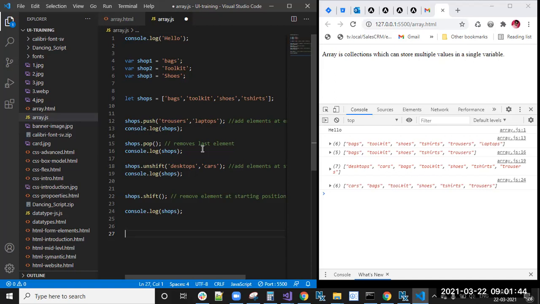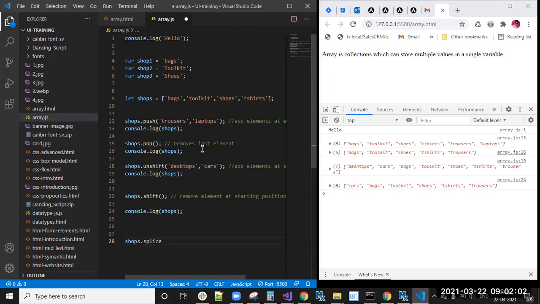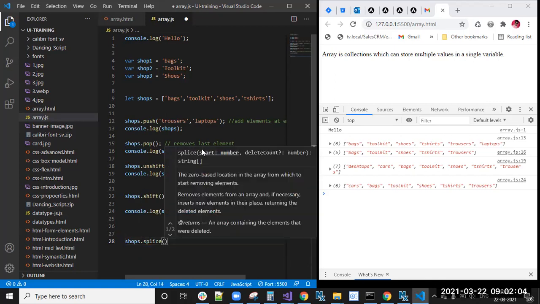We already saw this in strings. You have seen the slice method, right? Like string slice of 2 comma 0, which means from the second position one element will be removed, something similar. Now I'm using the splice method. Splice of 2.